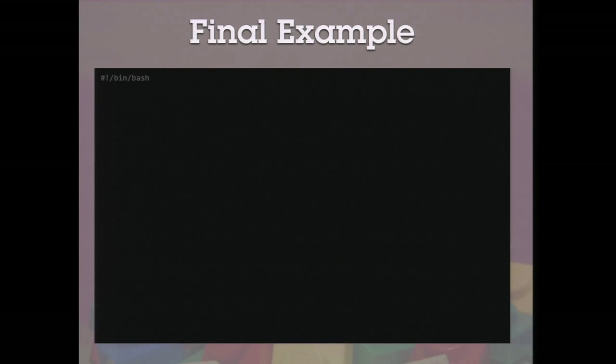So you always want to start with a shebang line. That's the hash, exclamation point, /bin/bash. That's just the path to the shell that you're writing for. And that tells the shell what to use to interpret the script, so that if the script is executable, you just type the script name, it knows what to do with it.